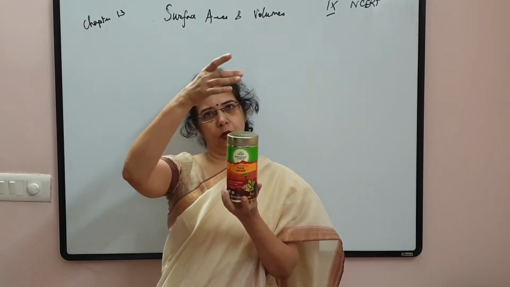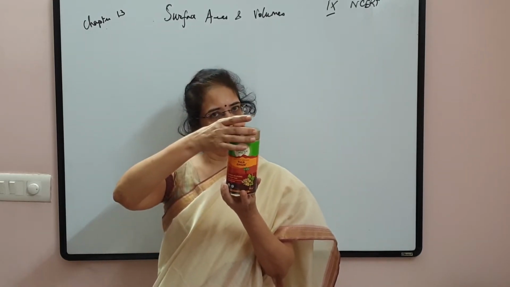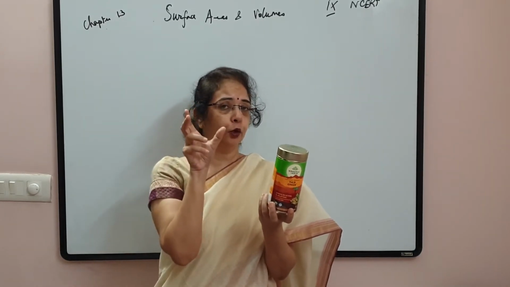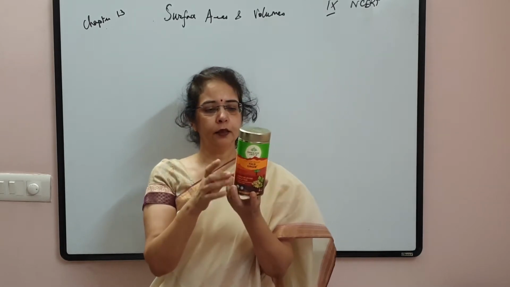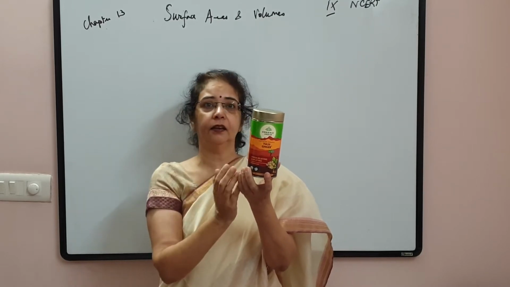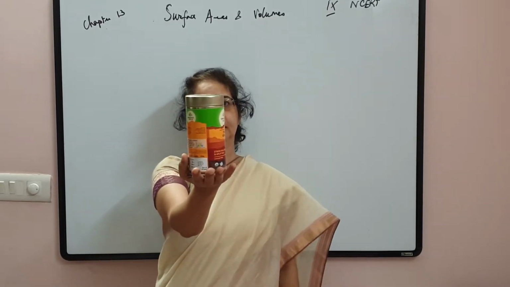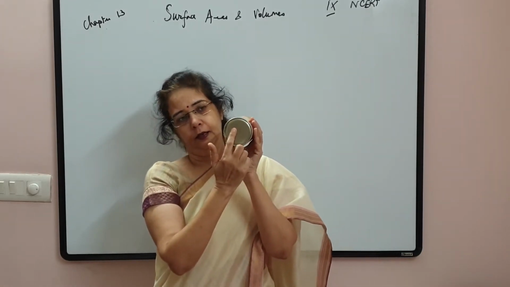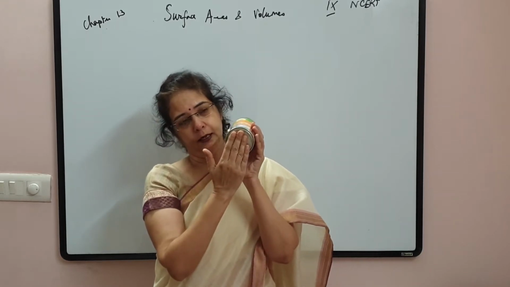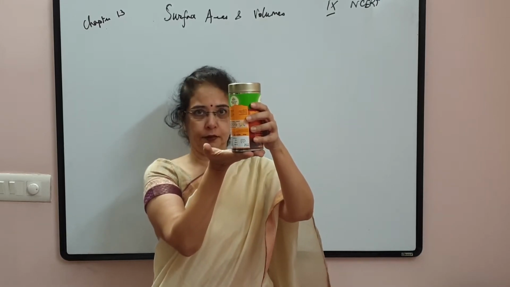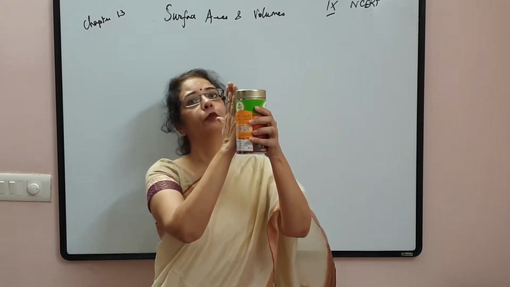So this is a circular cylinder. The height of the cylinder is based on the top of the circle. That is fine. Why is it called right? From where do we get the name right? Right, because it is at 90 degrees. The height of the cylinder is at 90 degrees to the base of the cylinder. This is the foundation of the cylinder, and at 90 degrees to the radius of this circle is the height of the cylinder.